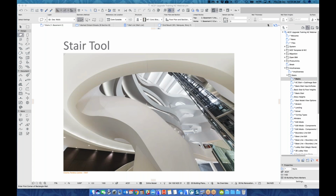We're going to start off with the Stair tool. So the Stair tool. In my navigator, just to open it up, the view stairs. In 21, brand new stair tool. Currently is a lovely little screenshot of the signature building for ARCHICAD 21, the Charles Perkins Centre in Sydney,